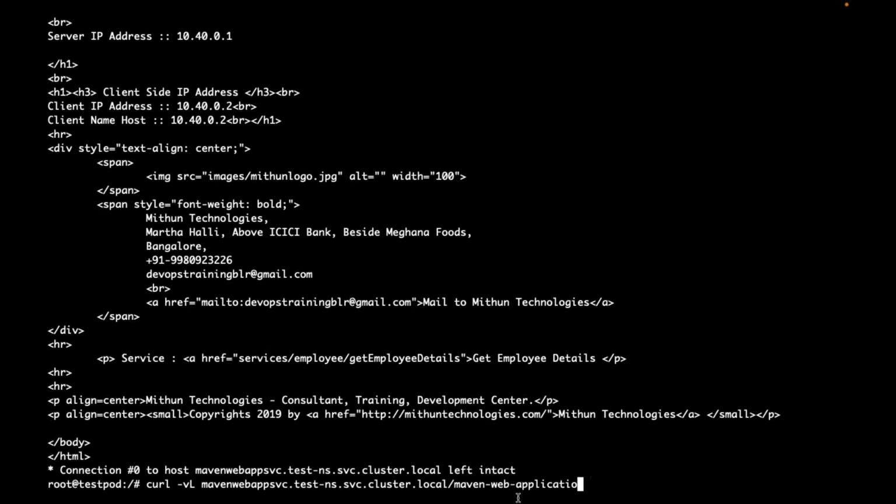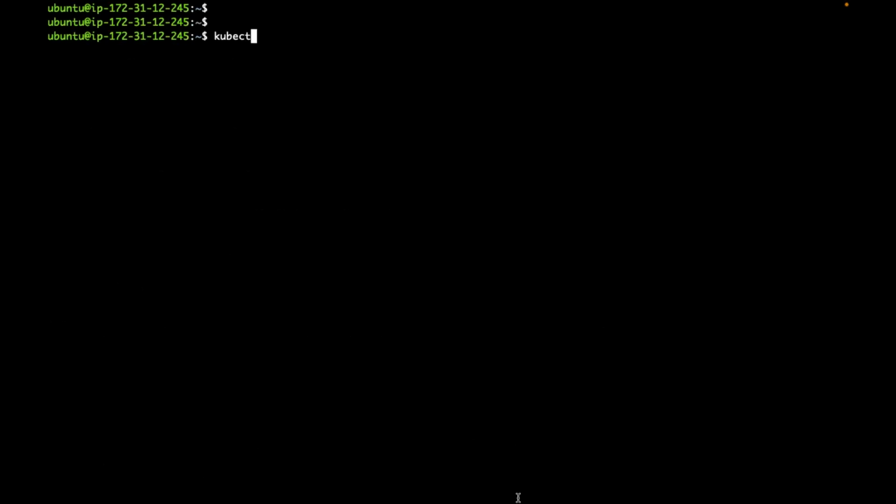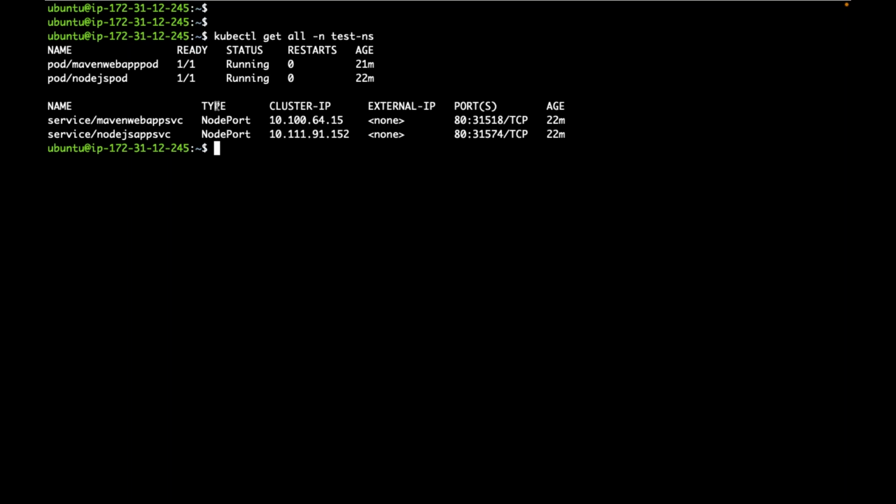Now let me come out of this container. This is about service. But if I want to access from outside of this cluster, then can I use that node port? Suppose I want to access these ports. I created a service. Can I use the respective service port like this?